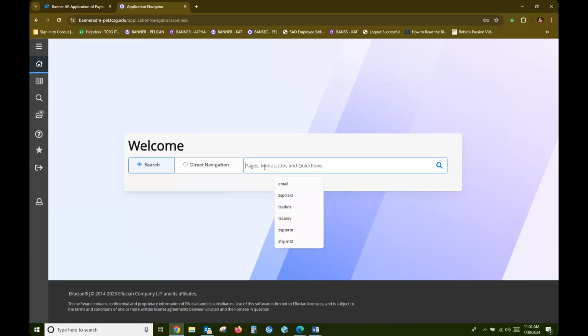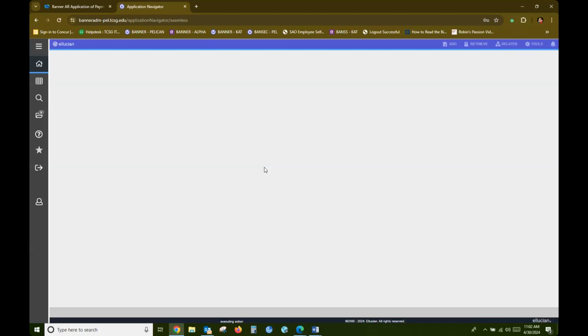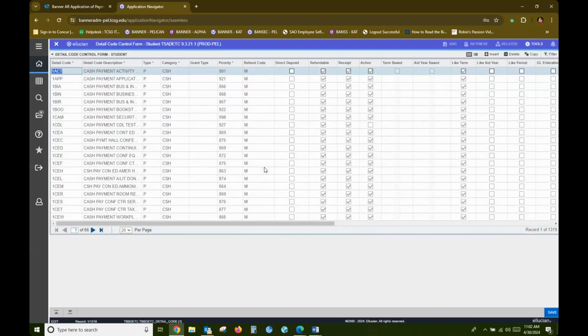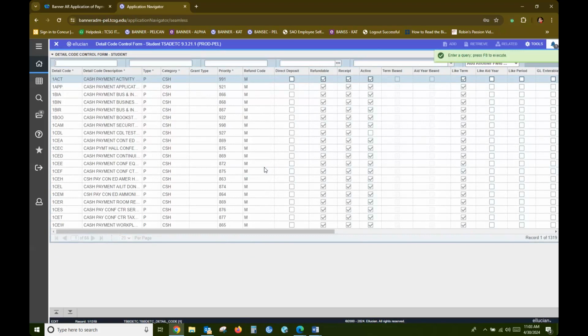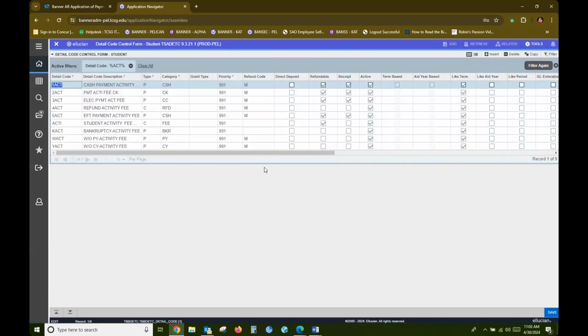Okay, so that would be fixed on TSA DTC. Okay, when RTS is applying payments, RTS does credit card payments and they do check payments. So let's just pull up ACT again, and we'll just look at this. Okay, so